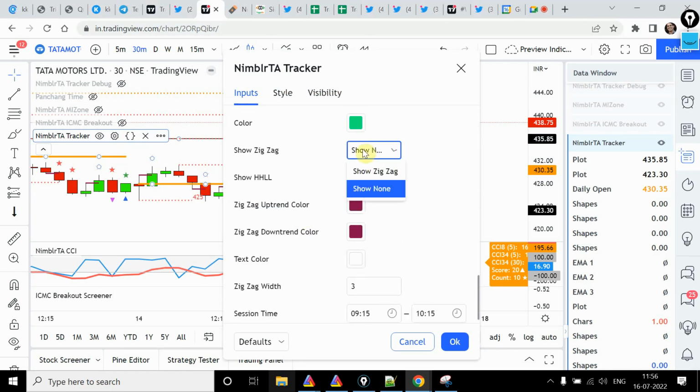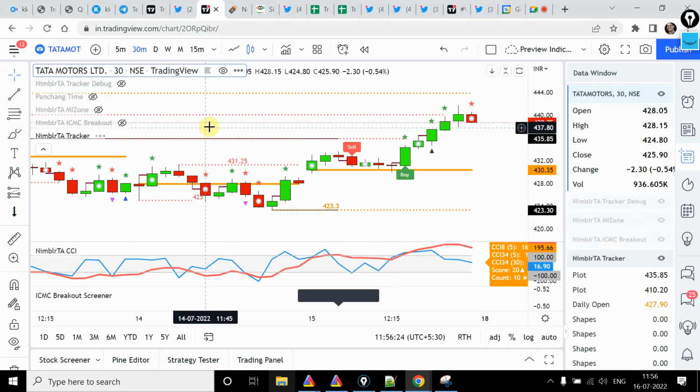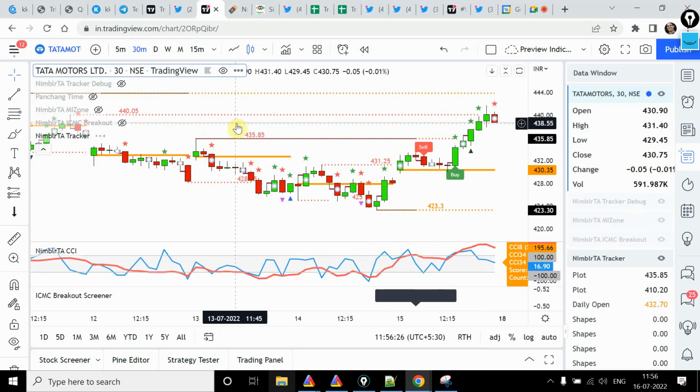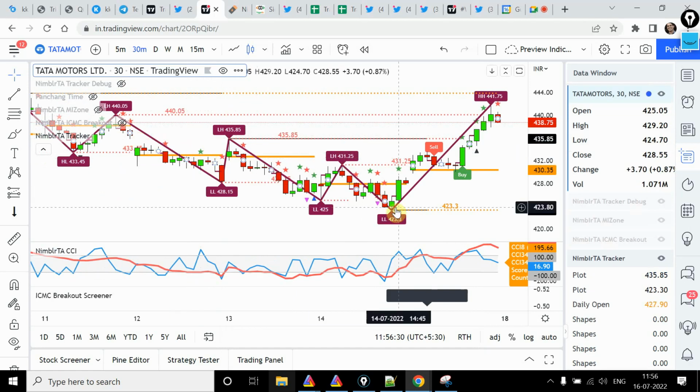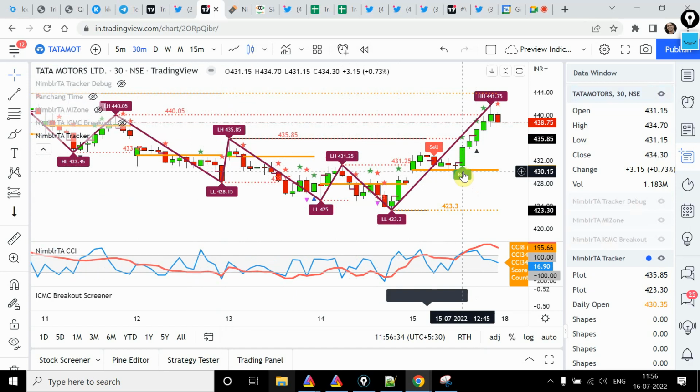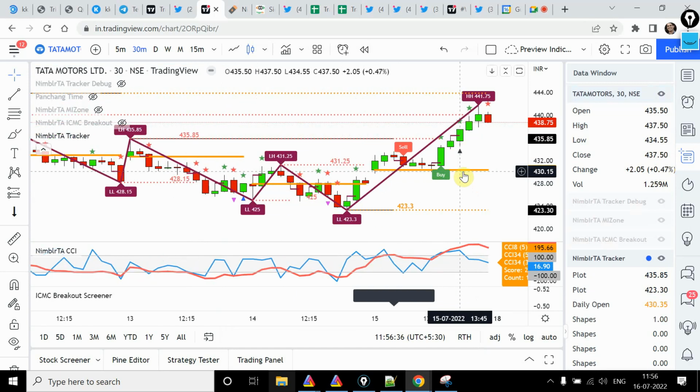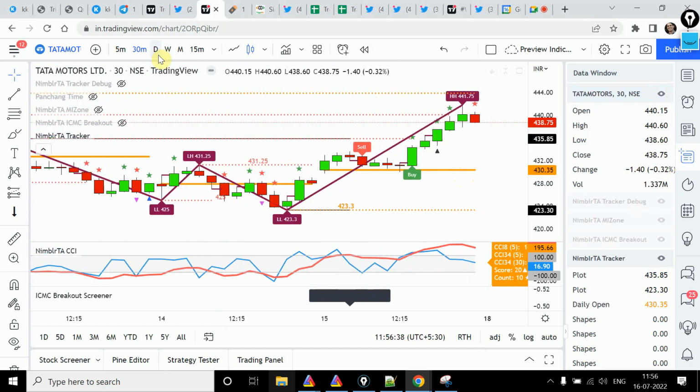If I want zigzag, which matches the recent Canva session which Dishma had, it will give you high and low. If you see, it created a lower low, this level has been crossed, and then it gave me a buy at this level, and it is still a buy. It has not given me a sell on a 30 minutes. So it will help me do the entry in a quick possible manner, and also it will tell me to exit in a quick possible manner,